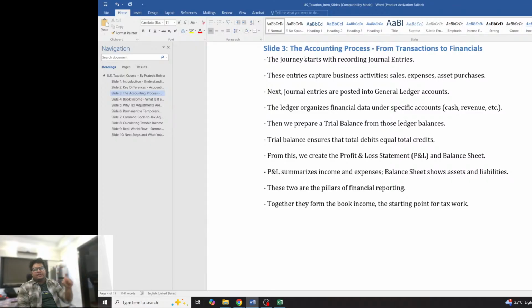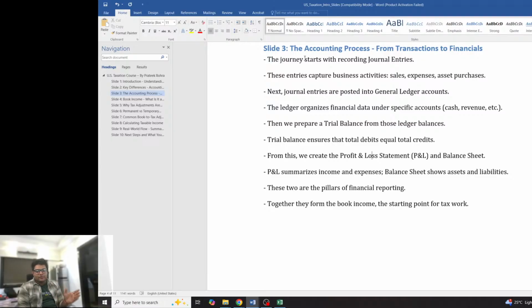Profit and loss statement is made for a particular period. For example, at the top of the profit and loss statement, it is always written that it is for the period ending, from 1st January 2025 to 31st December 2025. Now, for that one year, we are preparing a profit and loss statement. Whereas, whenever you see a balance sheet, it is always going to be as on a date. So a balance sheet is created on a particular date, whereas a P&L statement is created for a particular time frame.